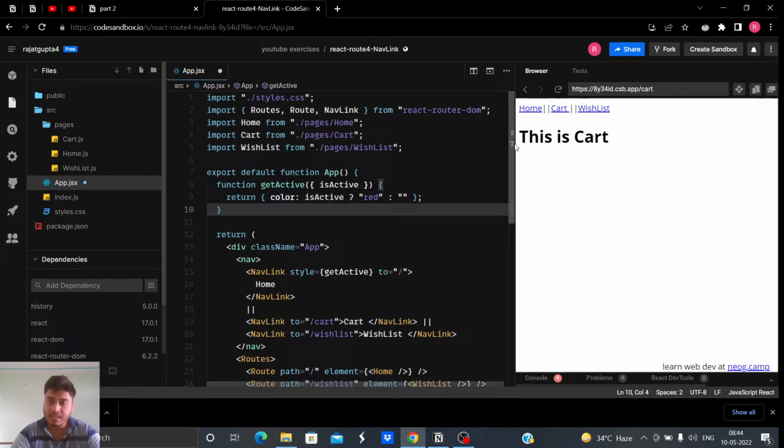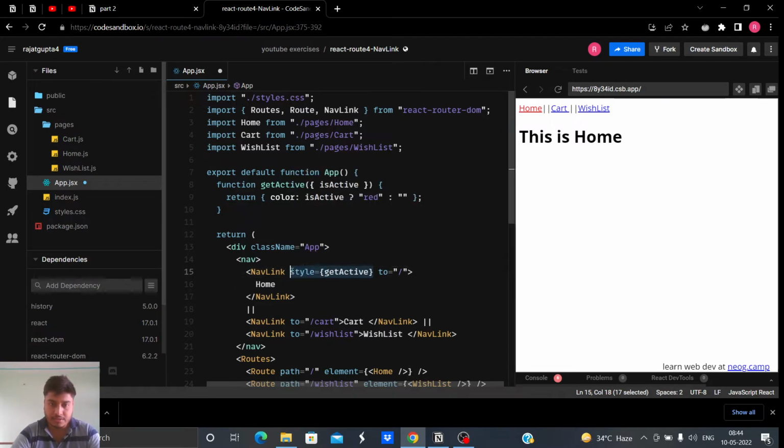When we are inside a particular link that the nav link is applied to, isActive's value becomes true, so red will be applied, otherwise no styling will be applied. So when I am inside home, isActive is true, and hence red color will be applied.